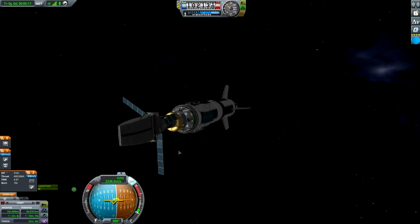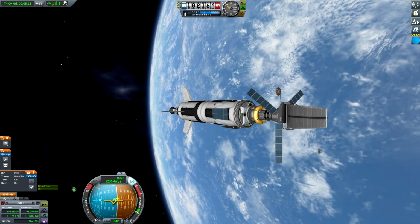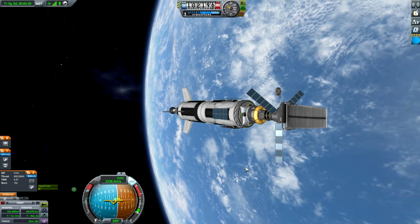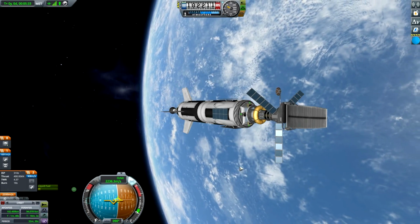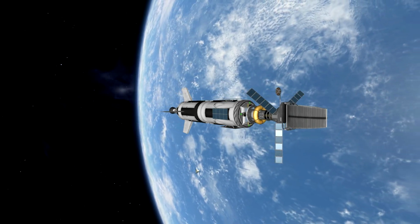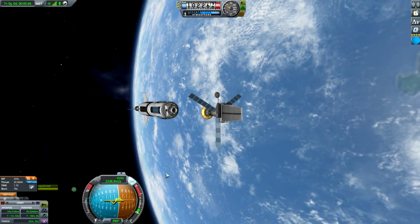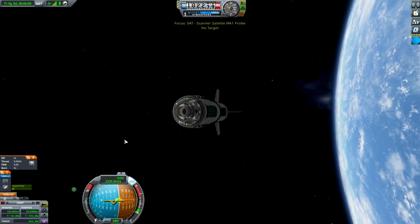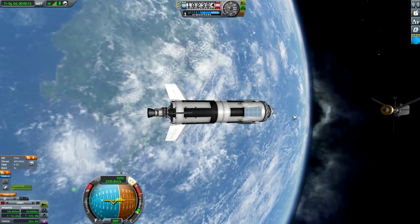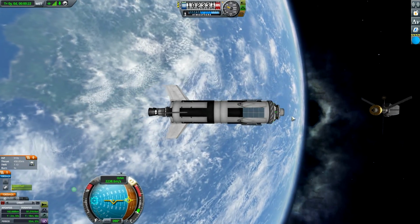Wonderful. Antenna. There we go. I think we are good to go. Stage. Looks wonderful, doesn't it? Now, we have to flip this rocket, which reminds me, I have put a little bit